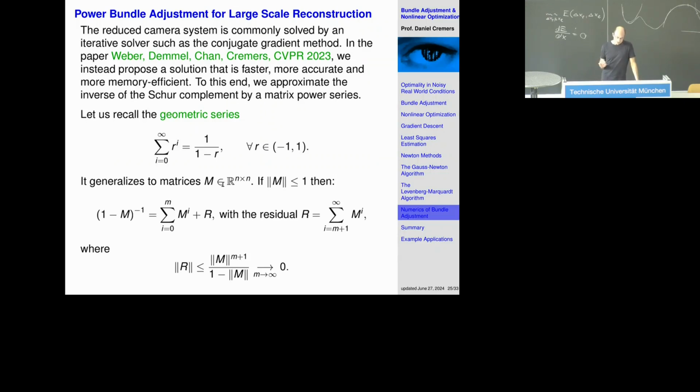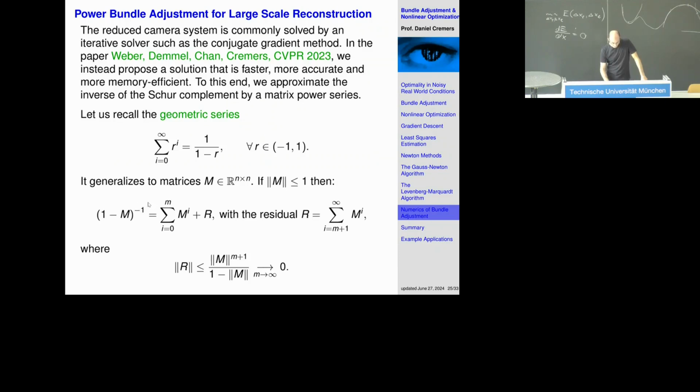What I didn't learn in my analysis class, and what I learned from my student Simon Weber, he's a mathematician, he pointed out the same series applies for matrices. So if you have a matrix M, quadratic matrix, that is bounded, as we say, the norm of M is smaller equal to 1, which basically means the largest eigenvalue is bounded by 1, and all the eigenvalues of M are bounded by 1. If that is the case, then